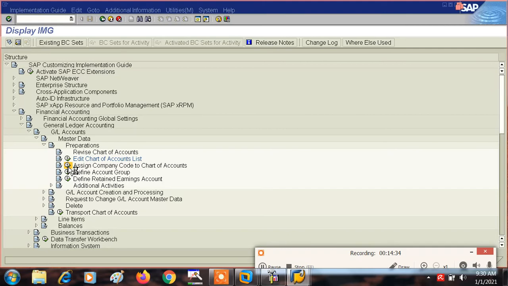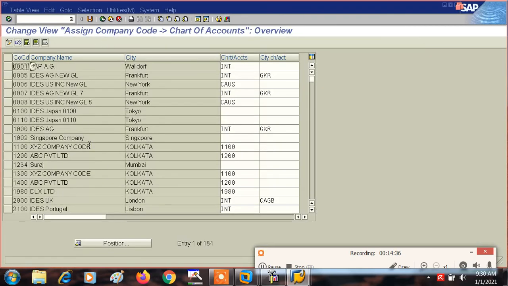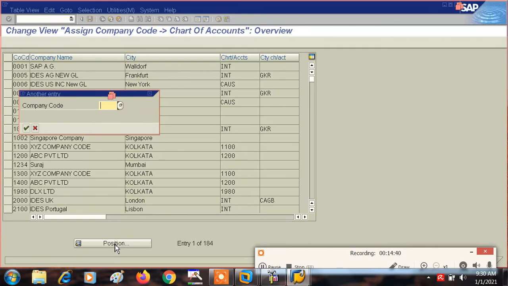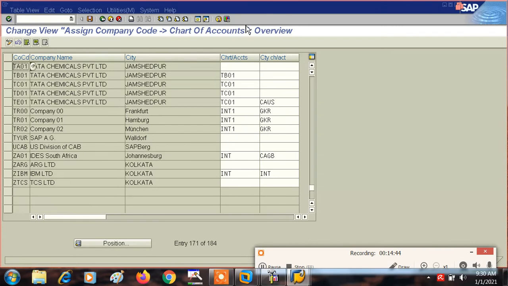So see here, we will go to the position, and our company code is TA01. See here, chart of accounts. What we created a short while back, our chart of accounts is TA01 once again.